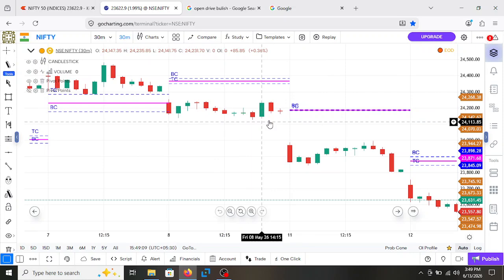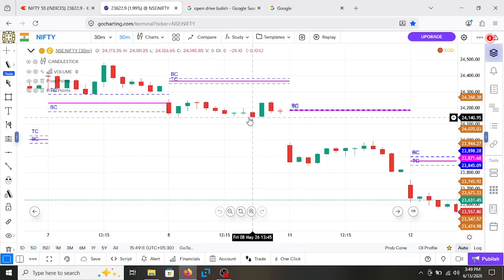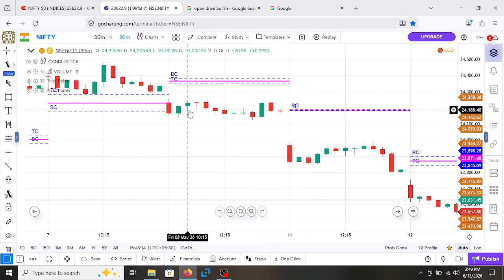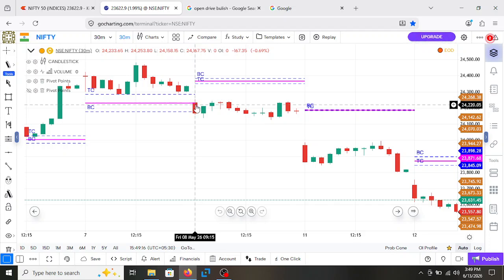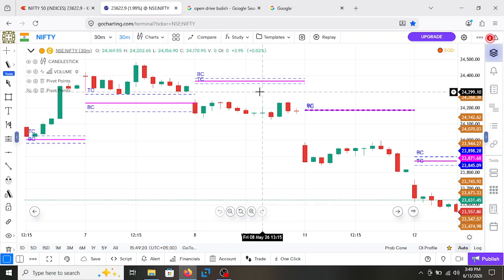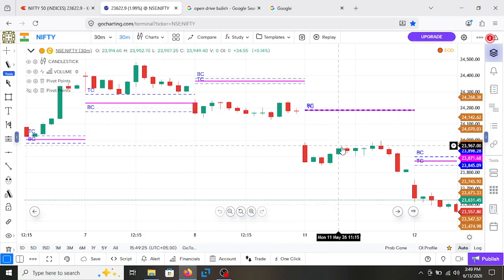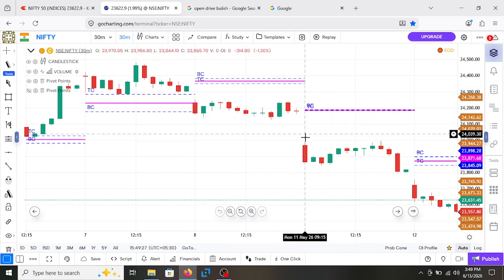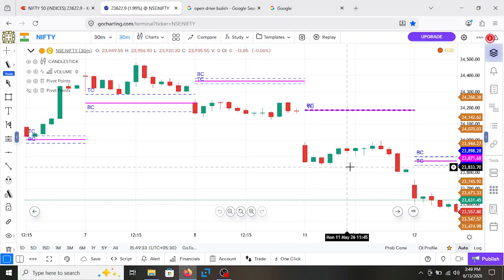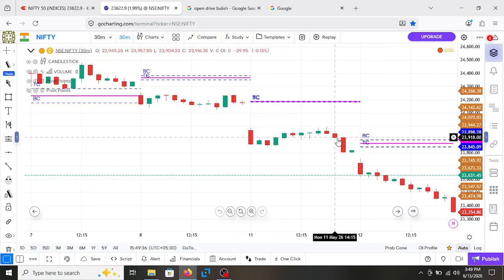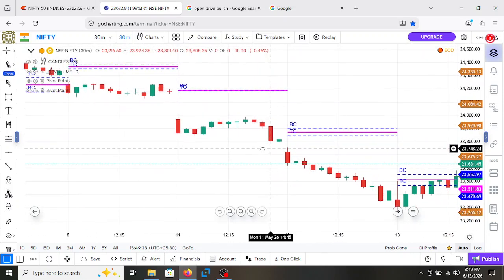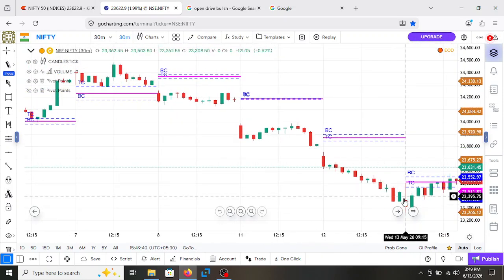So this is the balance structure, but now we know that Nifty is forming a bearish drive, and we know the sellers are present in the market. Nifty is not holding the higher prices. So next day on 11th June, Nifty again gapped down and again formed a bearish drive, which means sellers are still in control, and later they took control of the market, and we have that bearish trend day,